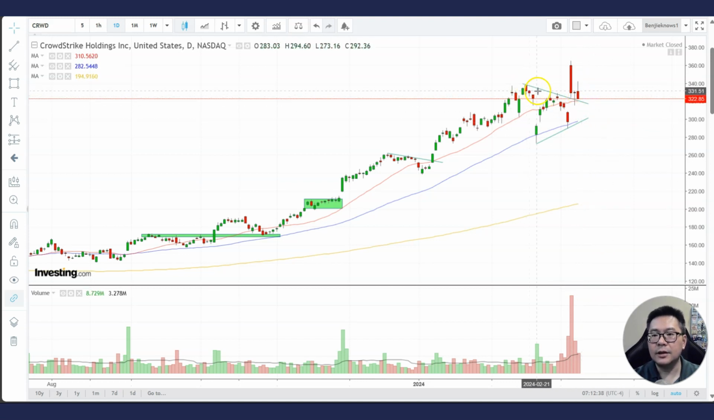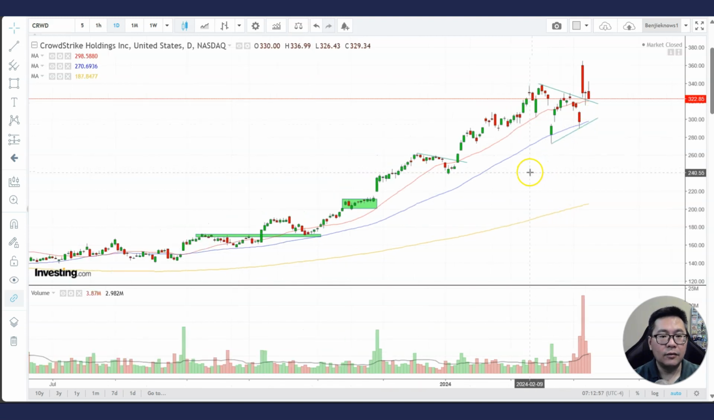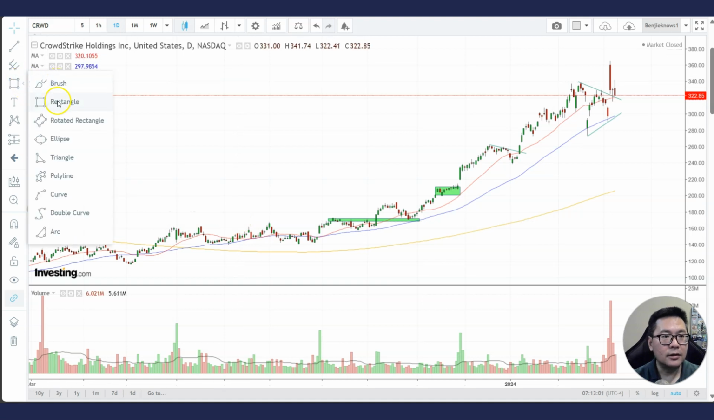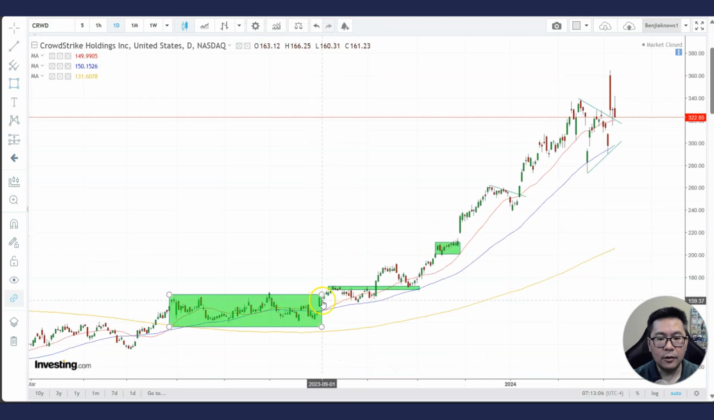So this is the first thing you need to take a look at. Is it able to stay above this downtrend line? If yes, then most likely in the next few days it might go up. Second thing is you want to look at the 20 MA. Is the stock able to stay above the 20 MA and the 50 MA? If you notice, once it broke out of this sideways trading here, it has been staying above the rising 50 MA for a very long time,